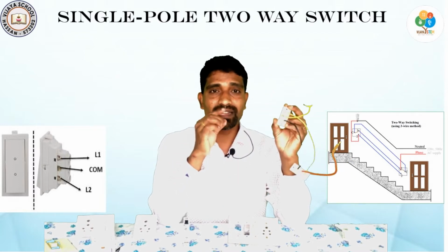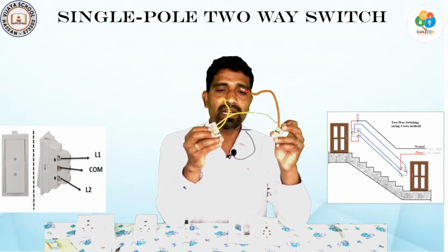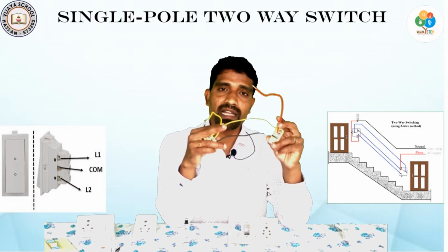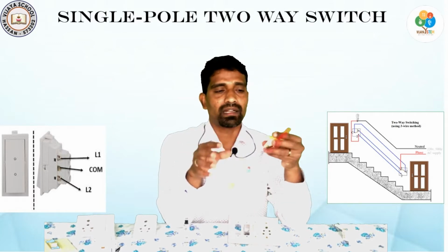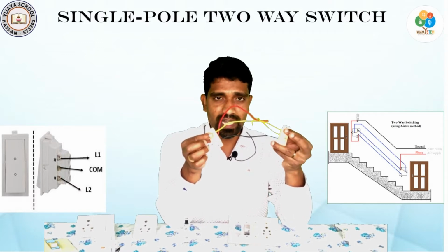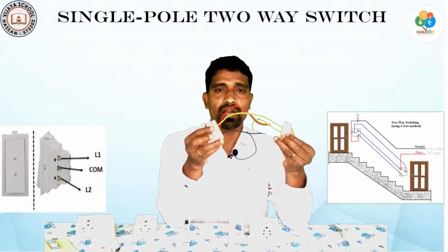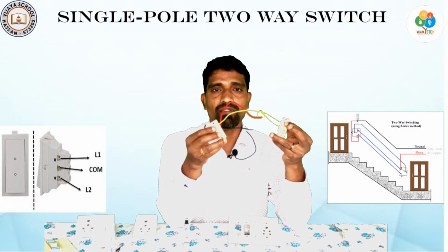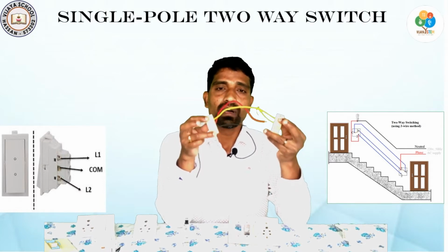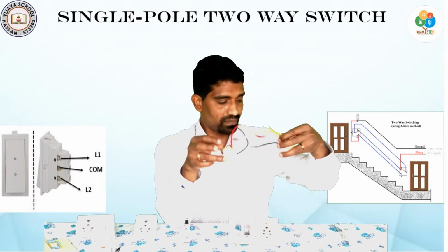These switches have three terminals. So, this is how the connection would be done. Both the terminals from the top and the bottom are connected to each other and the terminal in the middle is connected to the light. When both the switches are either in on state or off state, the light connected to it will not glow. But if one is on and the other one is off, or this is off and this one is on, at that time the light is going to glow. So, two-way switches are used to control a light from two different locations.